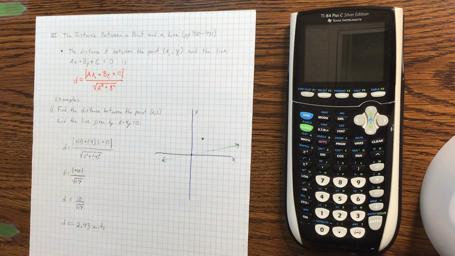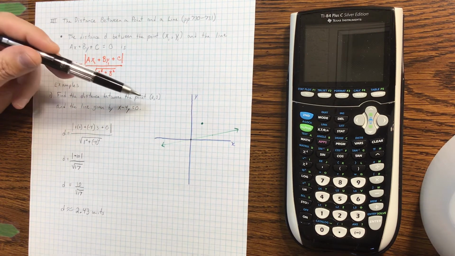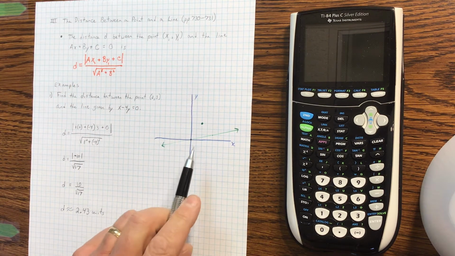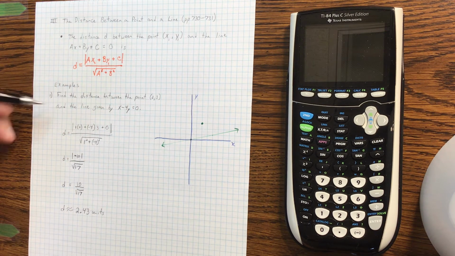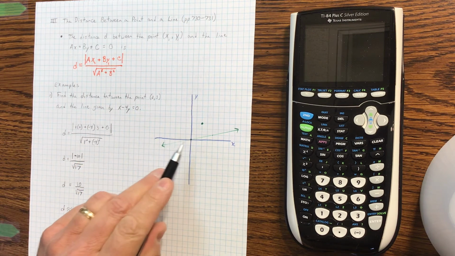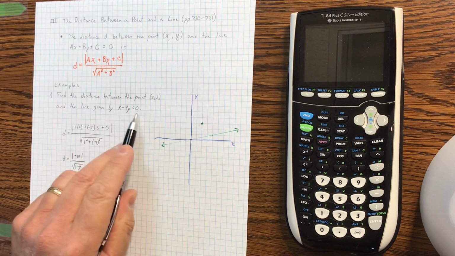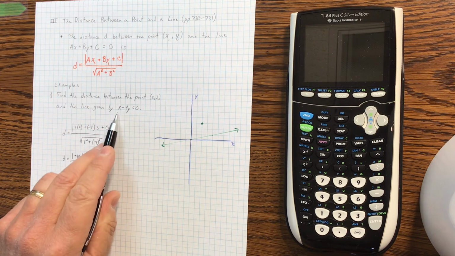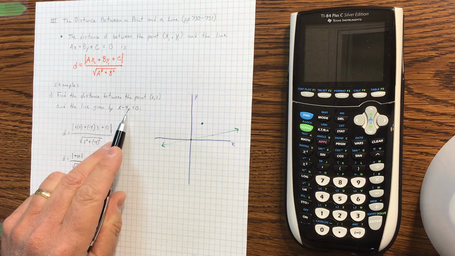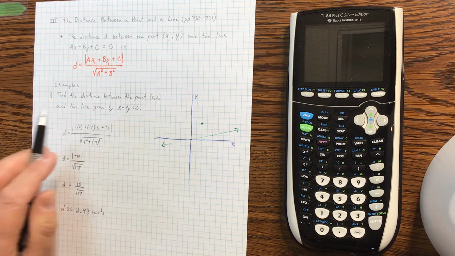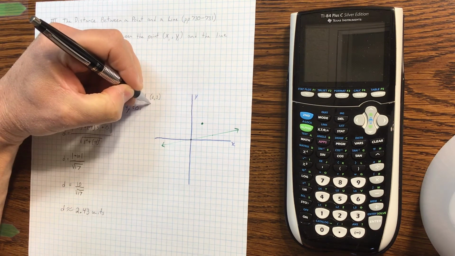All right, so here's our example. Find the distance between the point (2, 3) and the given line. I have graphed the point (2, 3), so x is 2, y is 3, and I have taken the time to graph this line. Again, we can do this problem by the x and y-intercept method. Well, the x-intercept is going to be 0, and the y-intercept is also going to be 0, so we can't use that. So to graph it and see what it looks like,